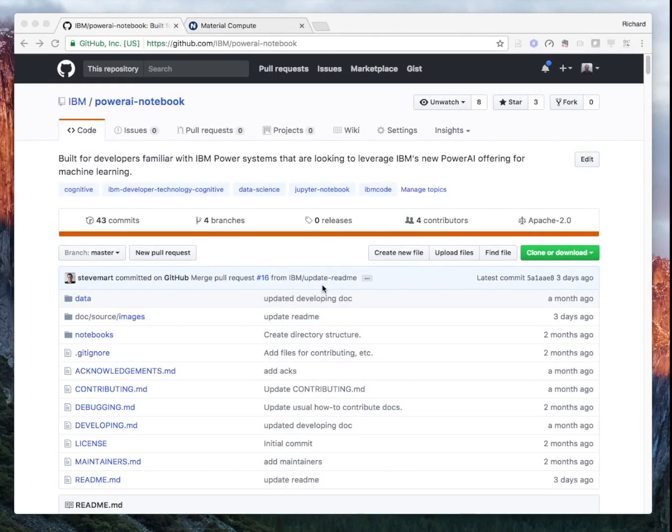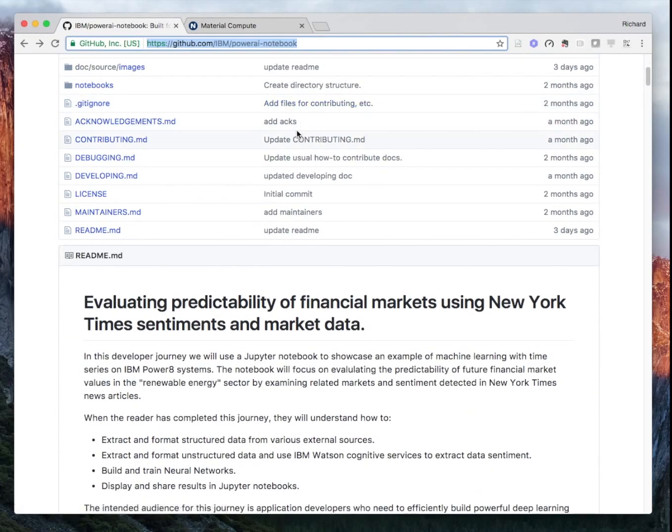Today I'll be demonstrating how data scientists can run their compute-intensive machine learning notebook applications on the IBM PowerAI platform. This developer journey is available on GitHub at github.com, IBM PowerAI-notebook. The subject of this journey is evaluating predictability of financial markets using New York Times sentiment